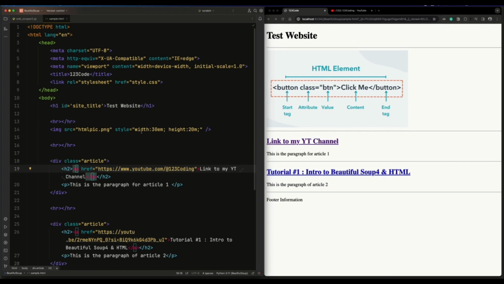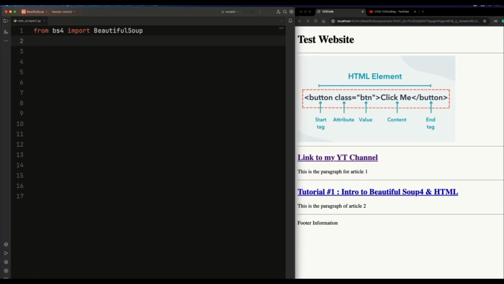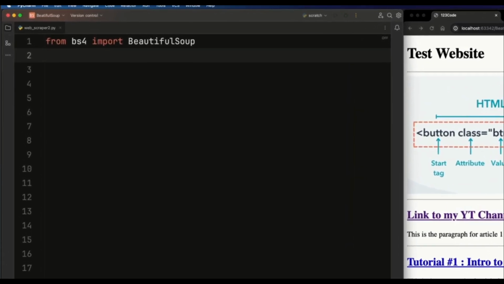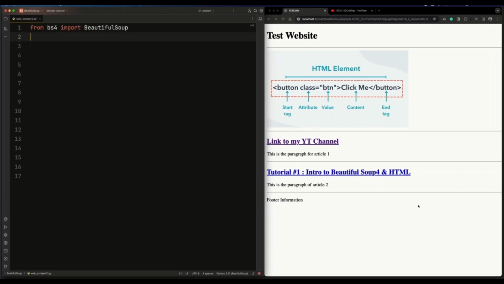Now let's start to see how we can scrape this website. Before we start writing any code, I would like to show you how to get the source code, or the HTML code, of a website. Again, in our example, we saved it on our local host, but from a website, how can we do that? So the way to get the HTML source code of your web page is to, from your browser,